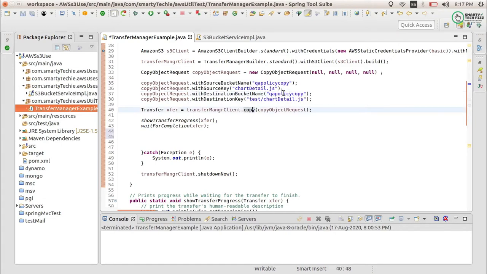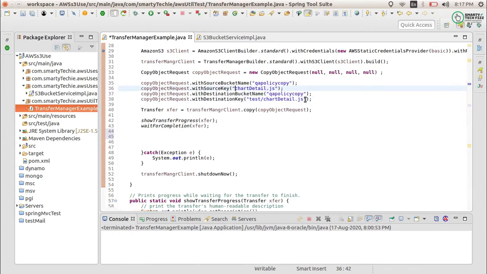And I have the same bucket too, so I will use the same bucket as the source one, but I am just changing the file from the root to another folder. If you have a file in some other folder, you can use this too, just copy the object from this folder to this folder.